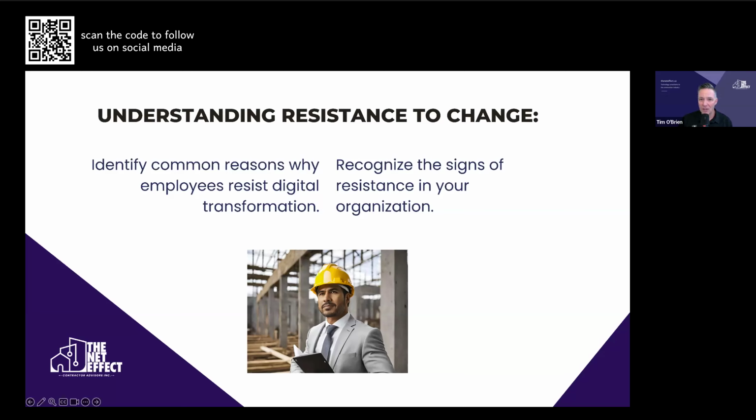I'm not interested in using that iPad or my phone. I'm a contractor, and that's a culture. So breaking down those cultural barriers is a big part of a good adoption plan. And then the biggest part is a lack of involvement. So if someone at the top mandates things, that's going to be a problem.